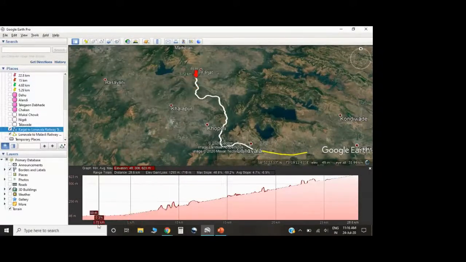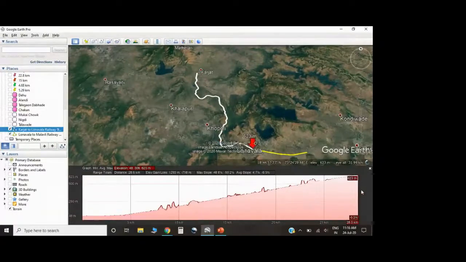The graph at the bottom is the elevation profile for this railway track. When I start from Karjat, the elevation here is 48 meter. It is almost at sea level, if 0 MSL is considered sea level at Mumbai.